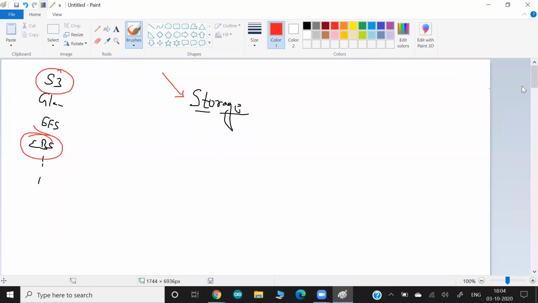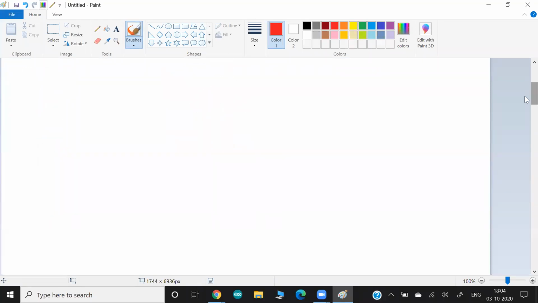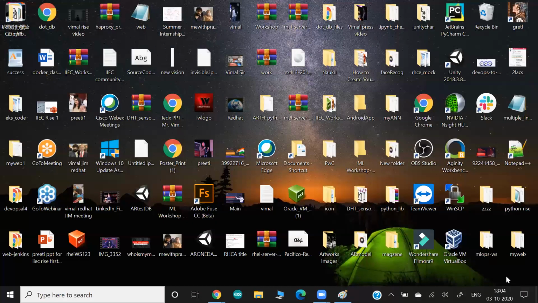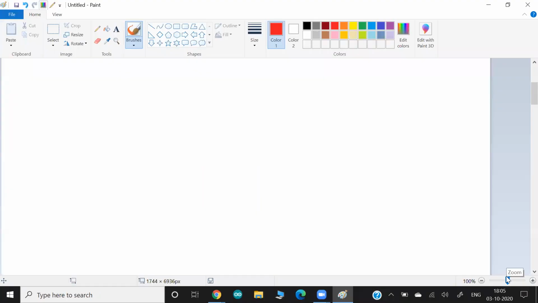Understand one thing: storage is one of the core requirements, a resource we need every time. For example, if you see my laptop, you can see lots of data, files, and images over here. If I shut down my laptop, these images and data would still be there. It means somebody or some device keeps my data, and the interesting thing is they keep my data permanently. It won't be removed. So if you have any images, videos, or any data and you want your data to be saved